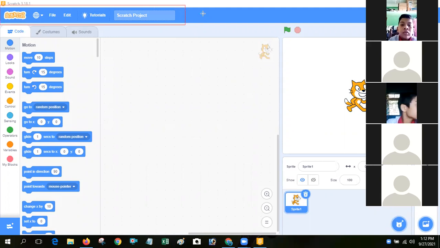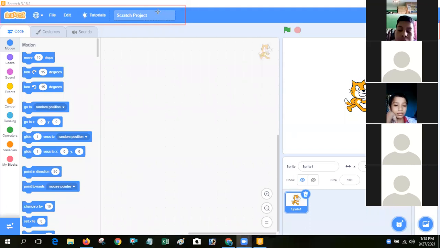Next, cursor tool. Cursor tool is not there in my Scratch 3.0. Next, you can see stage button. Where is the stage button? Stage button is not there. Okay, no problem. You see in your book, image 4.3, components of Scratch.